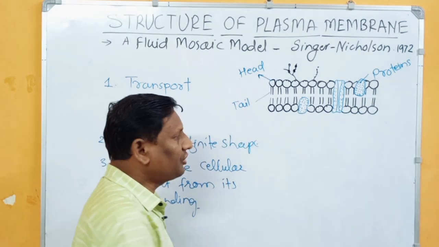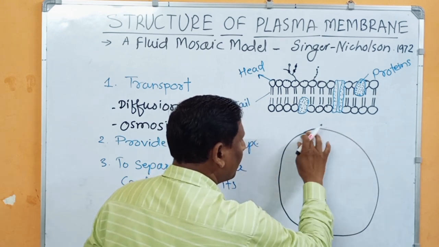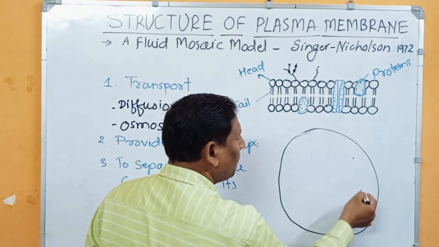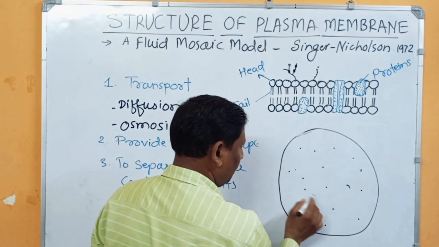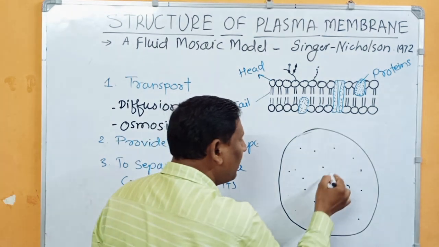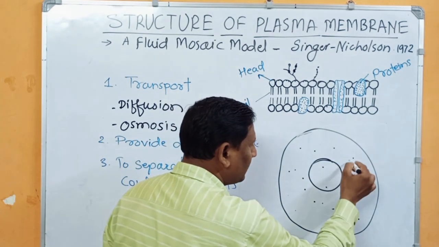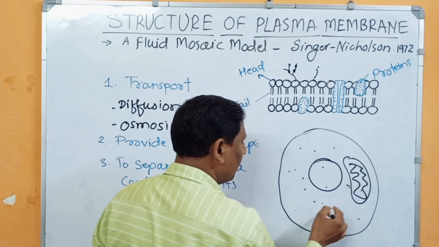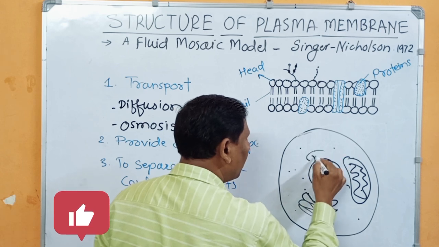When you look at the structure of a cell, you will see a cell is externally guarded by a plasma membrane, and there will be a fluid known as protoplasm. And internally there will be various organelles like nucleus, mitochondria, Golgi bodies, ER,